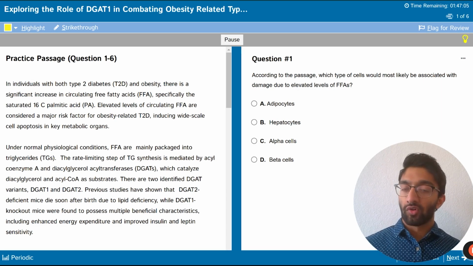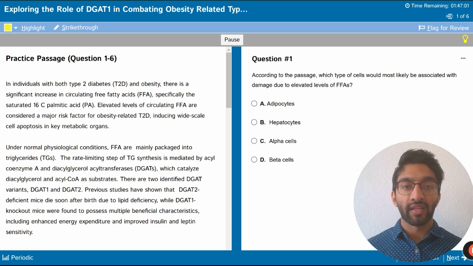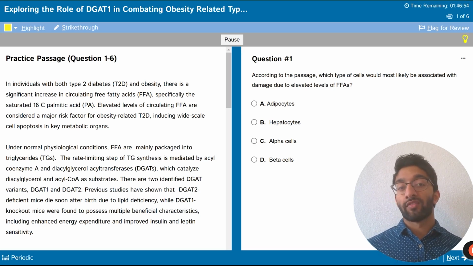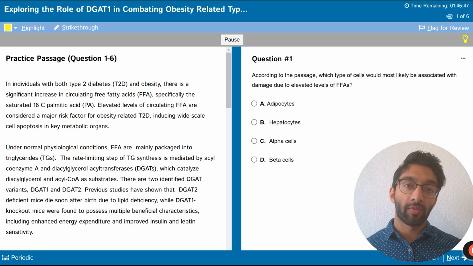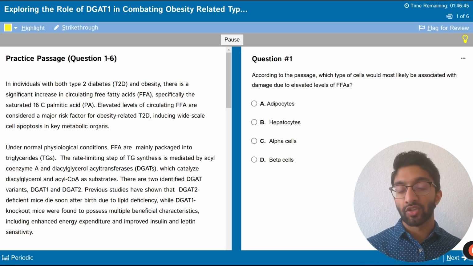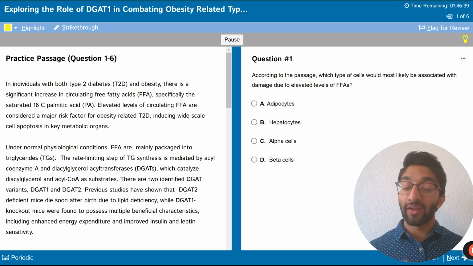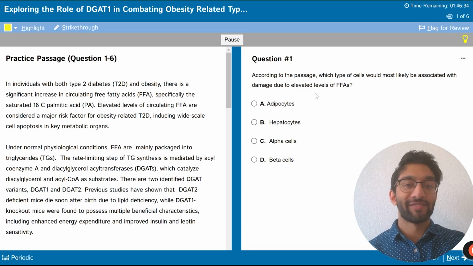So the way that this is going to work is that first I'll go through the passage with you and I'll try to point out any keywords, sentences, and phrases that I think are important to take note of, because either they help you understand the passage better or may come in handy later when we're answering the questions. And once we've gone through the passage, then we'll go through each question step by step and break them down so that you understand why the right answer is right and why the incorrect answers are wrong. So without further ado, why don't we get started with this passage?